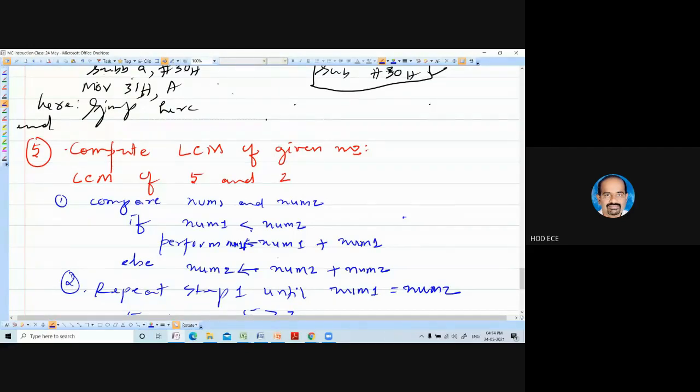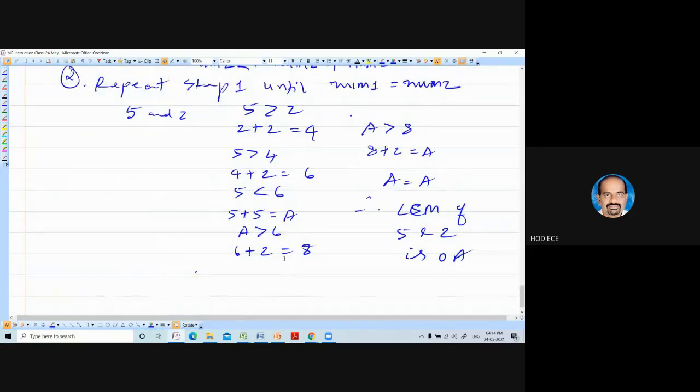So next time you have to do num1 plus num1, you copy it to num11. Then you have to once again compare num2 with num11. So like that. So this is how you have to perform LCM.